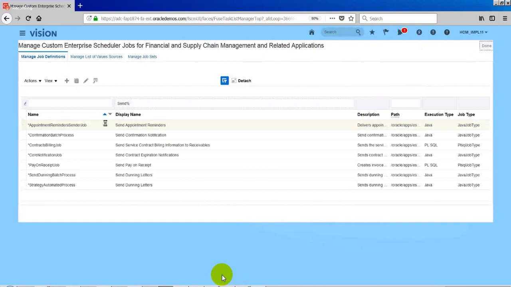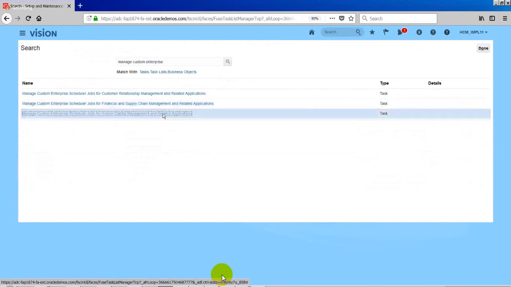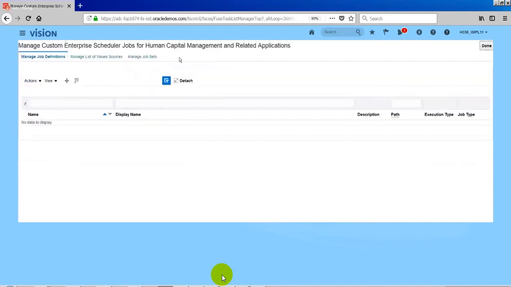Lakshmi. Yeah. How do I find the set of jobs in a specific offering, for example, Financials? Because you want all the jobs specific to the modules, which we call an offering. For example, in the concurrent request, in Oracle Financials, we can see that set of reports, set of concurrent programs. How do we see it here?